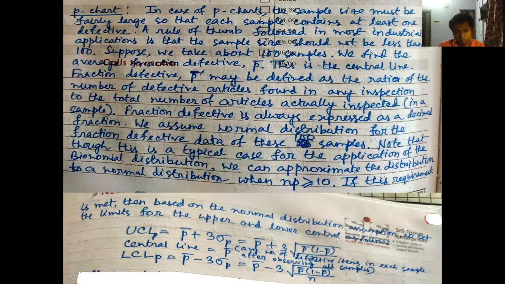But in general, usually the 3 sigma limits are used, because in practice, when defects occur, even in the case of defective items, they obviously consist of at least one defect. So it is seen that